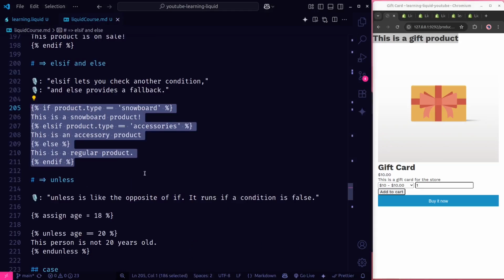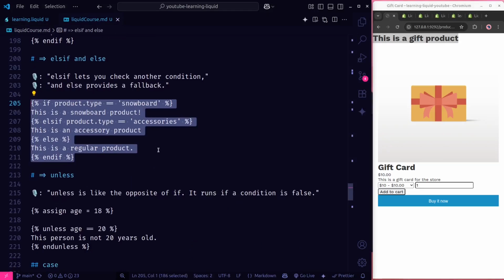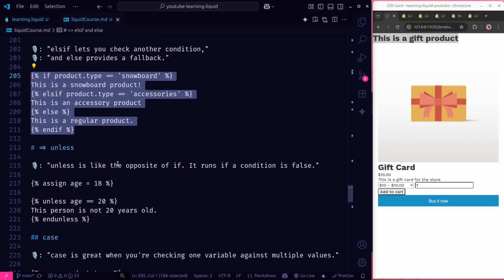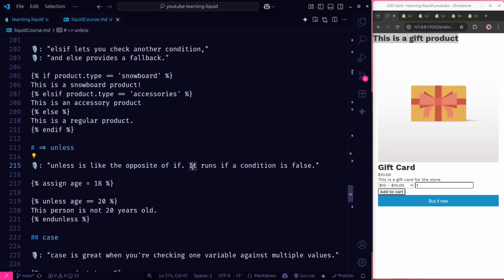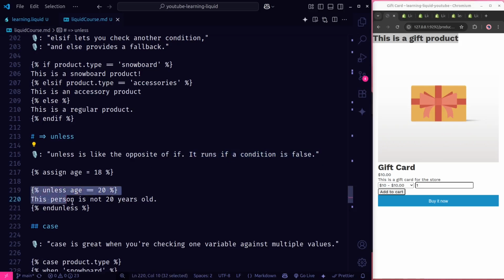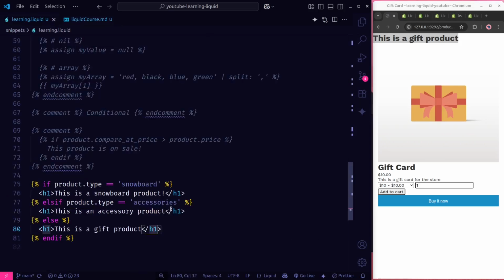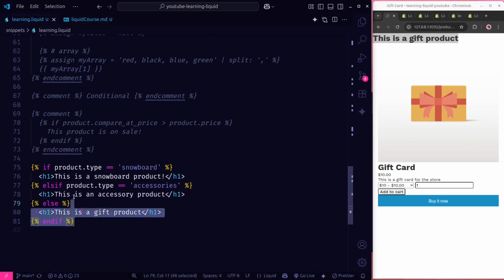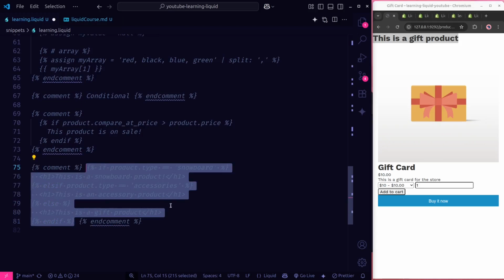The other way to check the conditional statement is using the unless. The unless is the opposite of if. It runs if a condition is false. So if a condition is false, then this block is going to run. Let's give an example. Let's say here I will comment all of this out, and I will say this